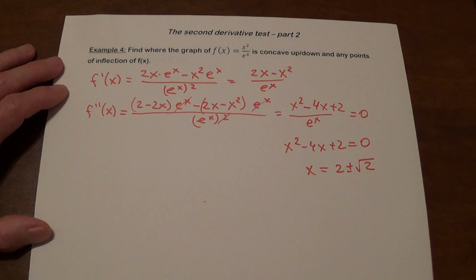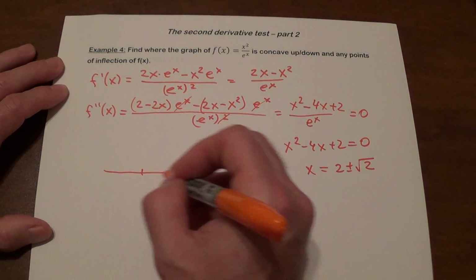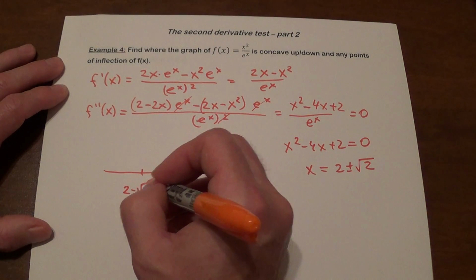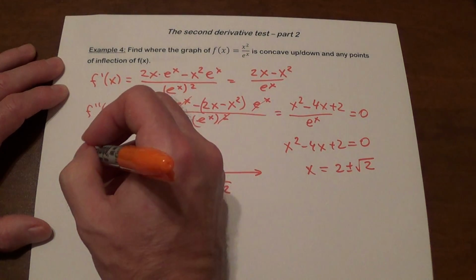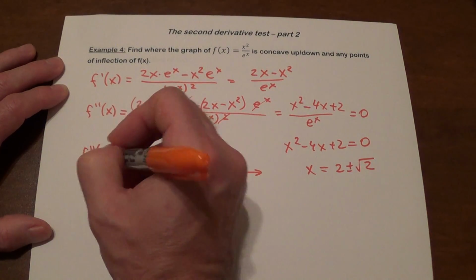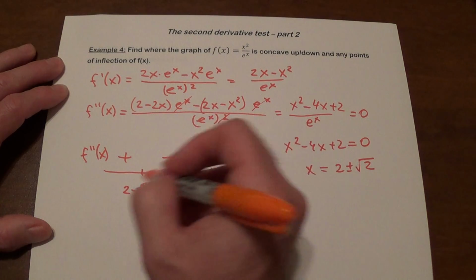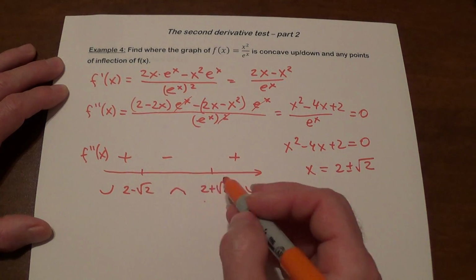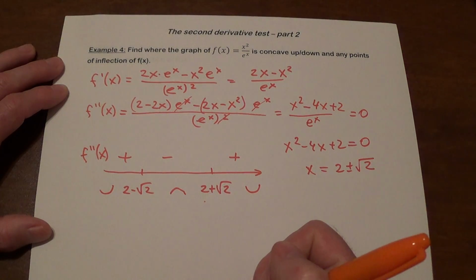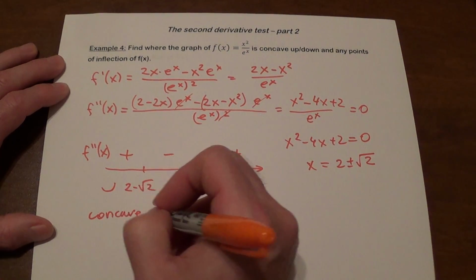So these are 2 points that we're going to need to plot on the number line: 2 minus square root of 2, 2 plus square root of 2. This is f double prime of x. The signs will be plus, minus, plus, which means the function is concave up, concave down, concave up, which makes these 2 points points of inflection. So it's concave down